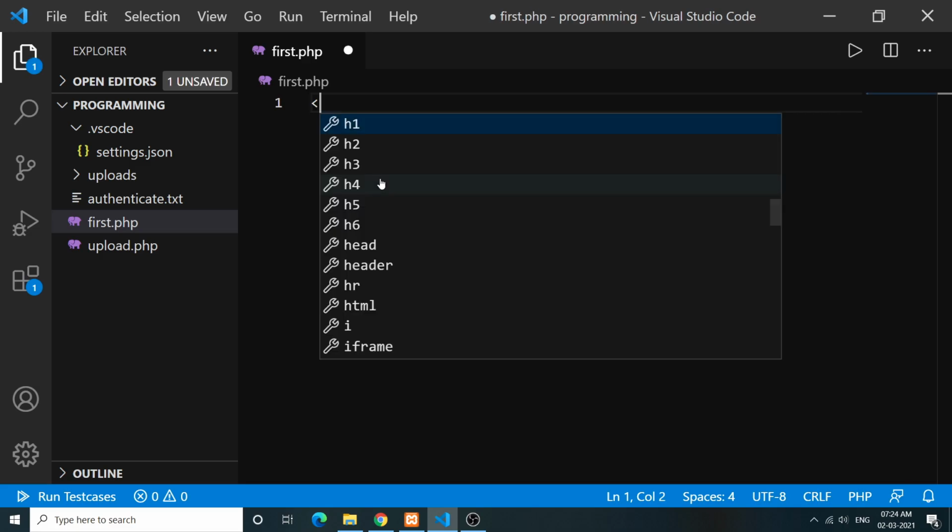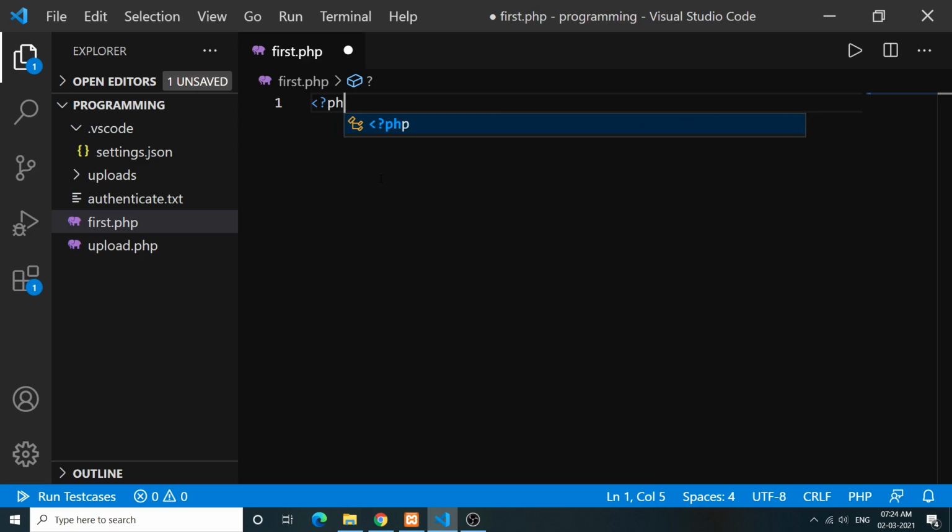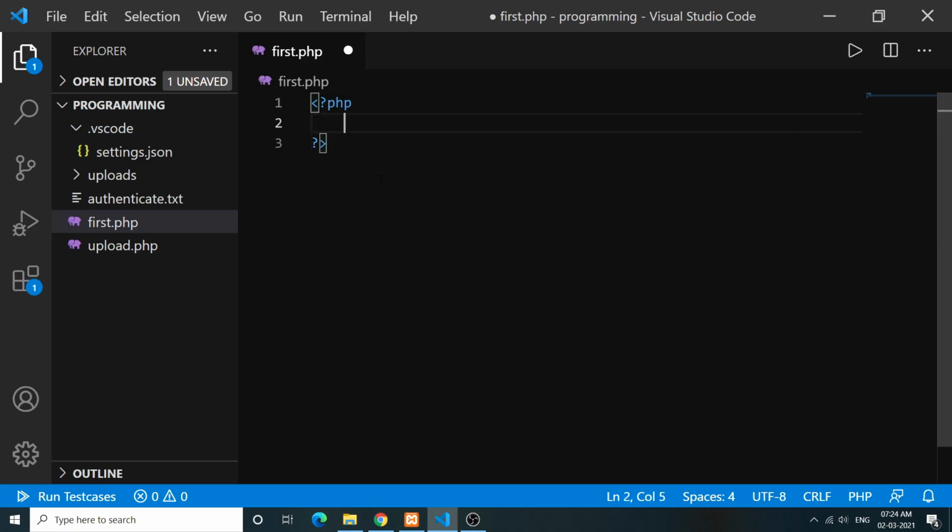Okay, so I'll just write the objective for today's video. I'll just say sending queries to the database. Okay, see, there are two ways to send queries to the database. First is directly in the PHP MyAdmin, and second is through PHP program. Okay, so today let's see both of them. I will just give you an overview. So firstly, we will go to PHP MyAdmin,